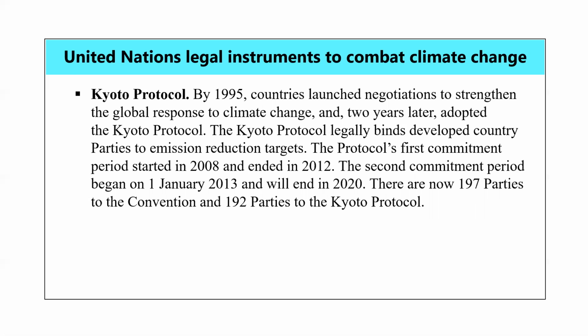The second commitment periods began on January 3rd, 2013 and will end in 2020. There are now 197 parties to the convention and 192 parties to the Kyoto Protocol. Okay, but what is sad in here is that countries, big countries, not just big countries but developed countries, started to withdraw. Okay, so that puts us a question in mind: